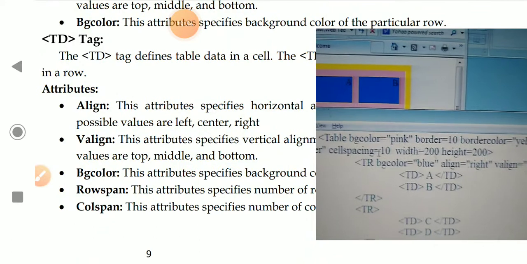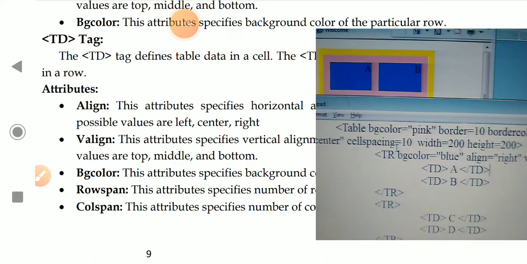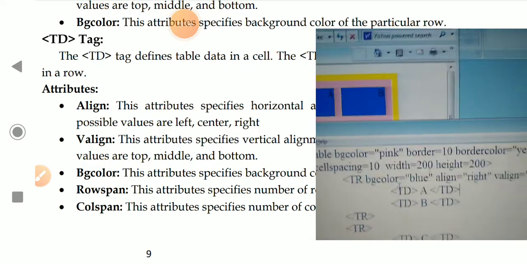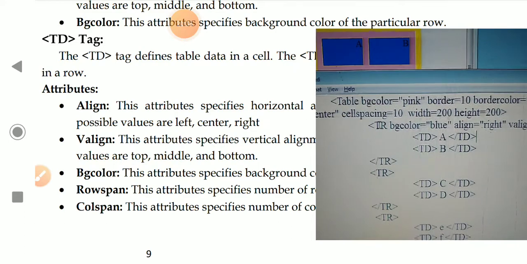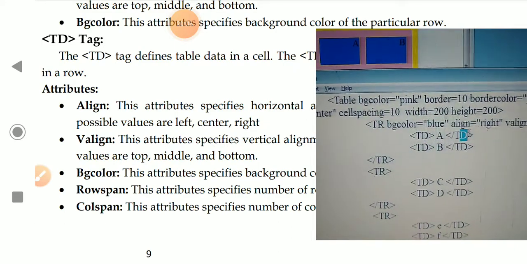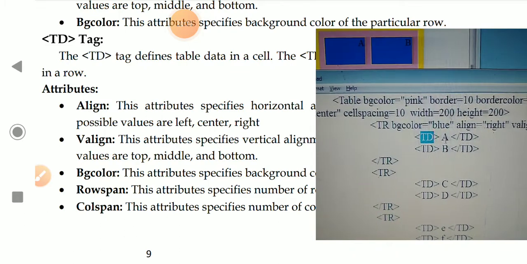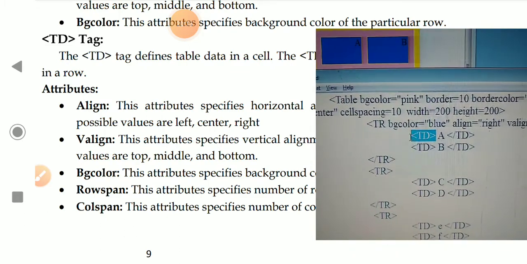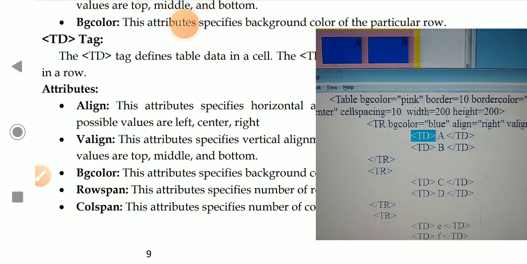Next is the td tag. The td tag attributes are the same as the tr tag: align, v-align, bg color. If you apply these attributes to the tr tag, that will be applicable to the entire row. If you use these attributes for a td tag, that is applicable only to the cell. That means the td tag defines a cell in a row, or you can say a column in a row.